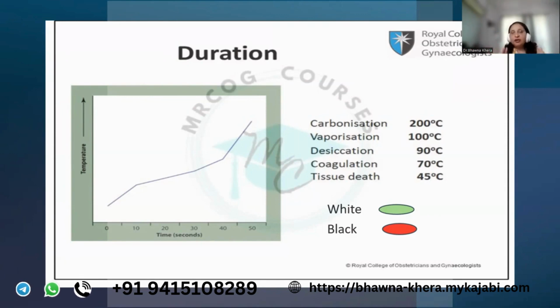We don't want that because when we are giving heat, we want the heat to penetrate the tissue so that some amount of the tissue, whatever we are looking at, should be damaged. Till the coagulation and desiccation, the heat is still getting permeated to a certain level. But when we do the charring, there is a lot of resistance there and the heat remains only at that point. So black is not what we want. White is what we want.